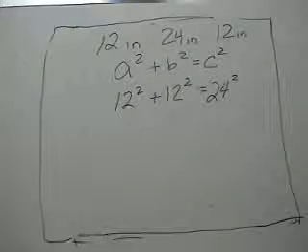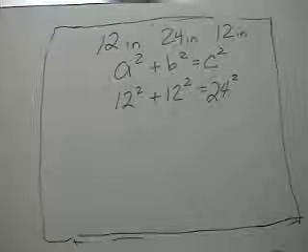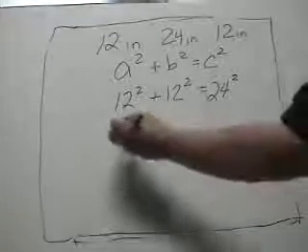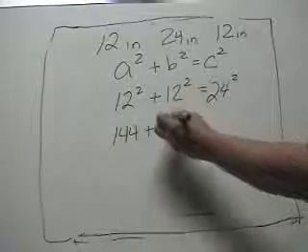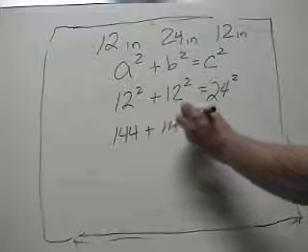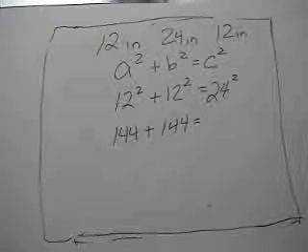And now I've got to simplify. 12 squared is once again 144 plus 12 squared, 144. And then 24 squared